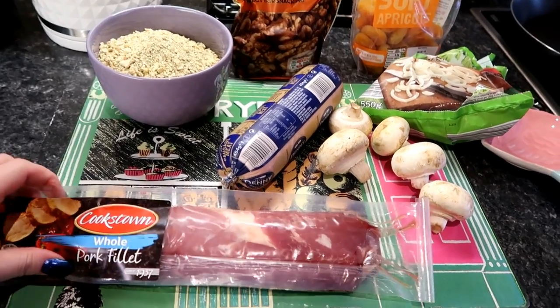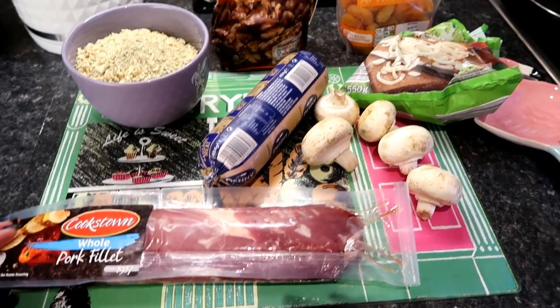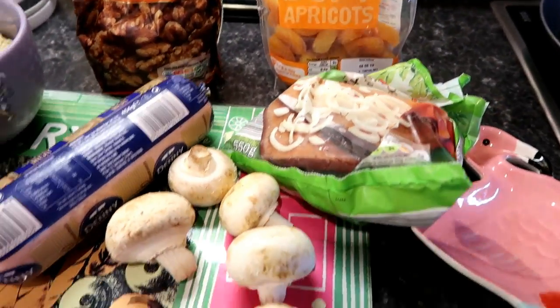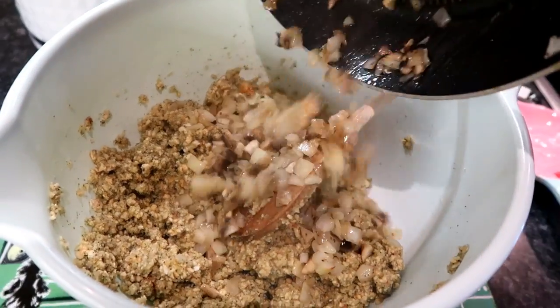But let's get cracking and I'll show you what all we had. So first up, I'm using a whole pork fillet, and I'm going to use up some sausage meat which I picked up for 30p at Christmas and froze. I've got my breadcrumbs, some walnut, apricot, onions, mushrooms, and I'm going to make apricot and walnut stuffing balls